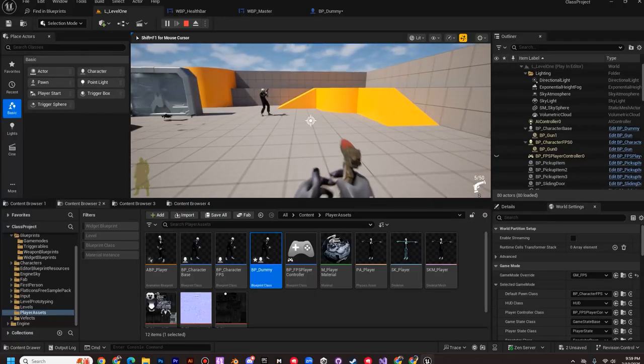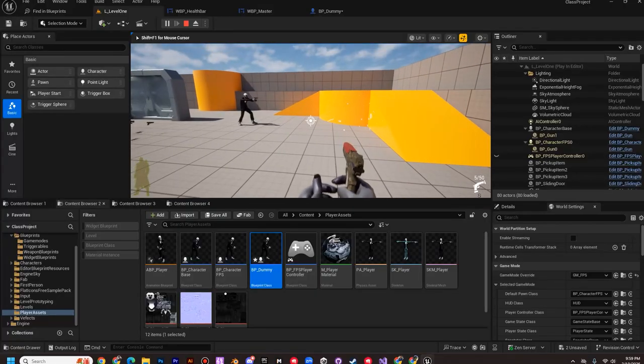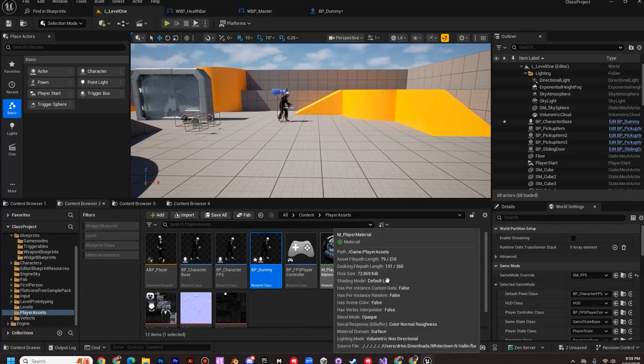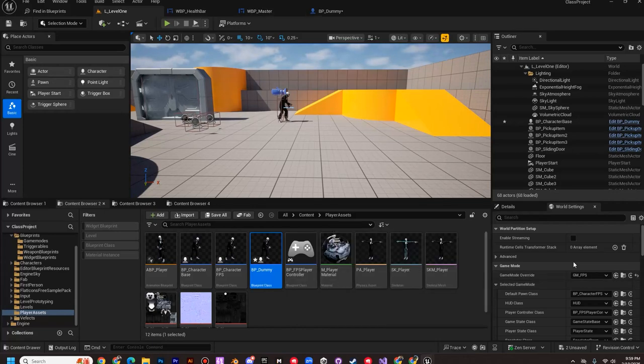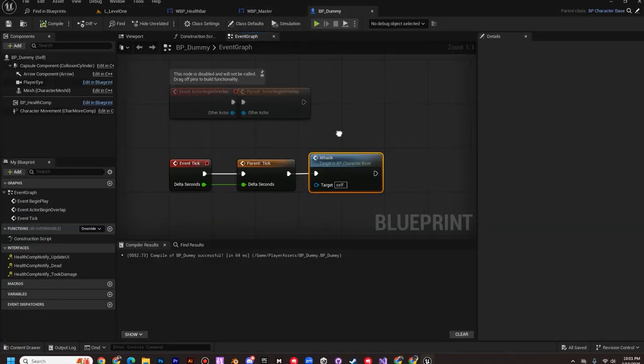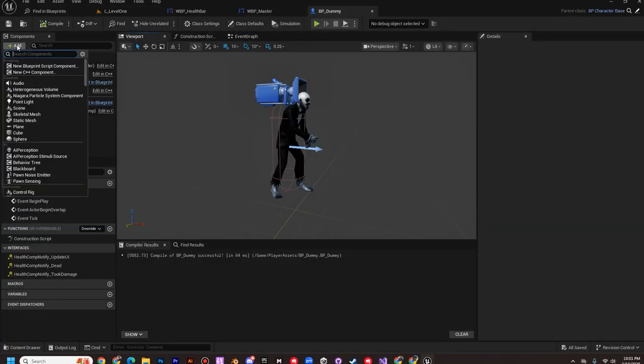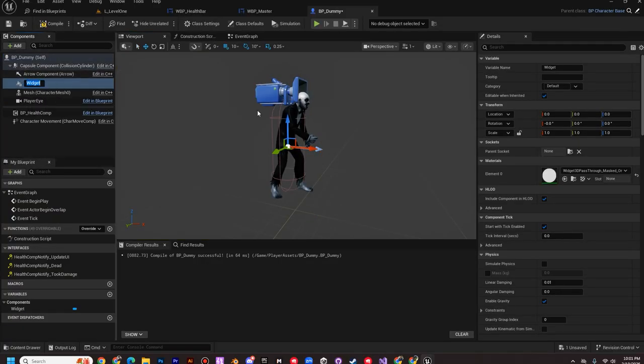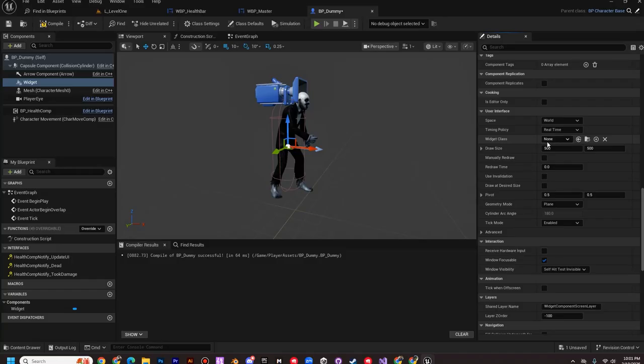And if you are not taking very much damage, or you're taking way too much damage, then you just have to edit the damage float variable in your weapon blueprints. Let's open BP dummy if you haven't already, and go to the viewport, and in the components panel add a widget. We're going to add the health bar on top of this dude. Keep it as widget. In the user interface section, set it to the enemy health bar,